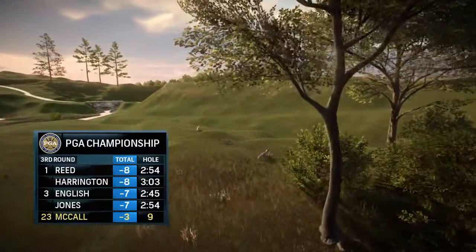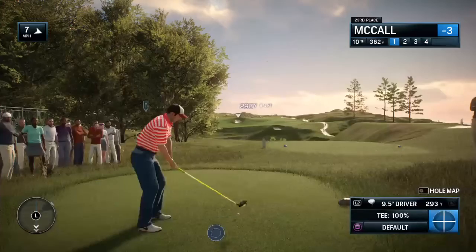Well, the best players have landed here in the middle of the